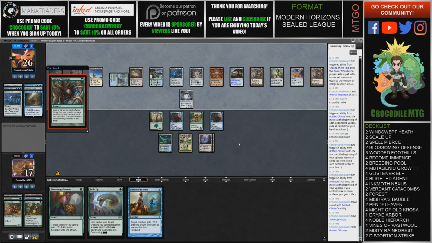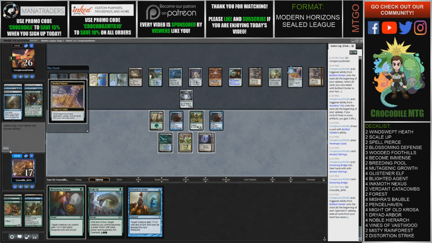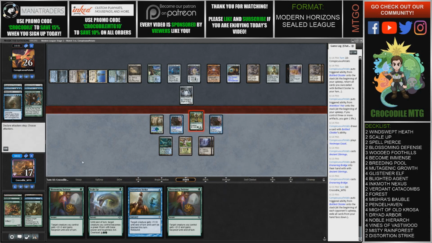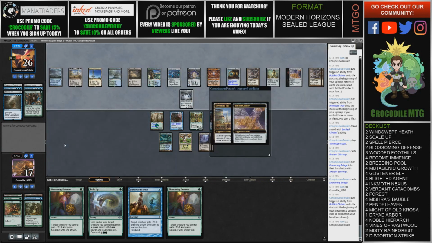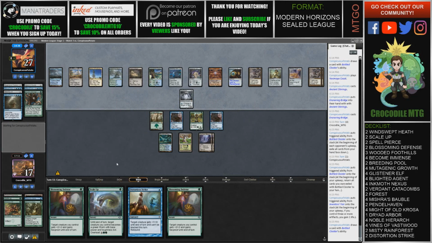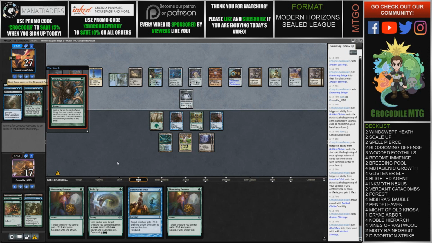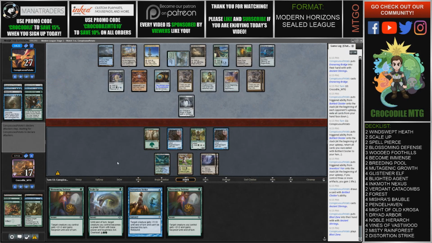Alright, Ancient Stirrings from our opponent. Alright, 3 Ensnaring Bridges from our opponent. I guess it won't even matter. So at this point, they're probably just looking for Karn, I'd assume. Alright, they got a Blast Zone here. They can Blast Zone 1, take out the Noble, or they could, like,